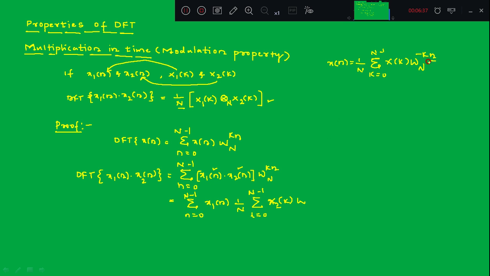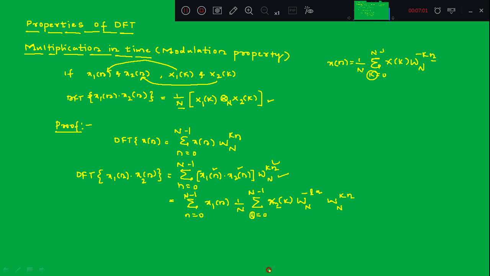So in place of k I have to take L here. So W_N minus k n means, in place of k I have taken L, so it is minus L into n multiplied by this term, that is W_N k times